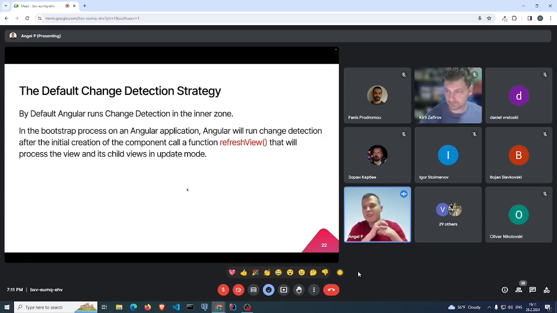So when you first start your Angular application, you can see that any change that you make to your logical view gets refreshed and propagates to the HTML view. By default, Angular runs in the inner zone. In the bootstrap process, when Angular initially creates itself, it will run change detection after the initial creation of